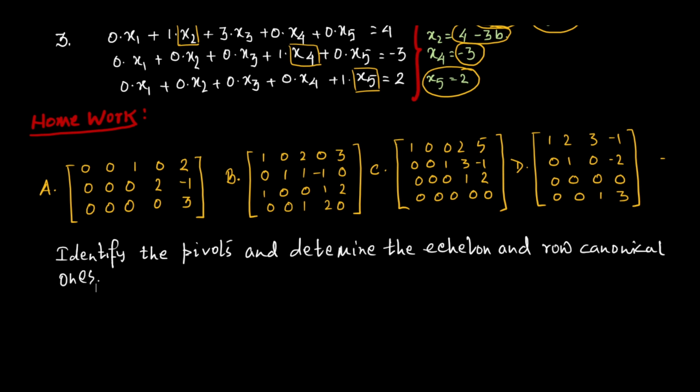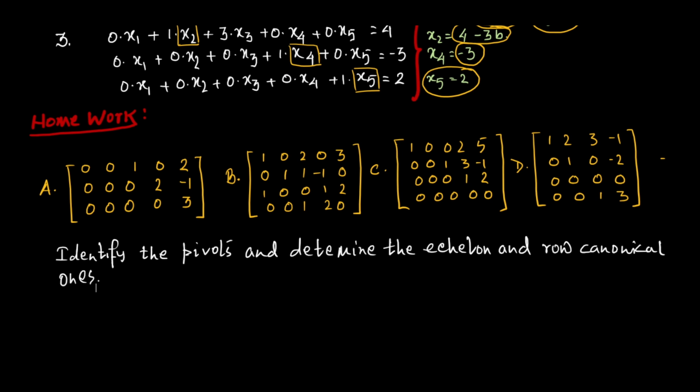So if the system of equations is in the upper triangular form or in echelon form or in row canonical form, we can solve them very easily. But always our system will not be in these forms. Hence our target will be to reduce the system to another equivalent system in one of these forms, preferably in row canonical form, by applying elementary operations so that we can very easily find out the solution.